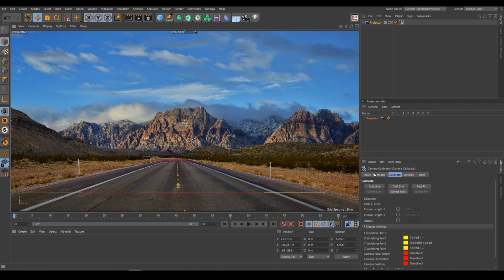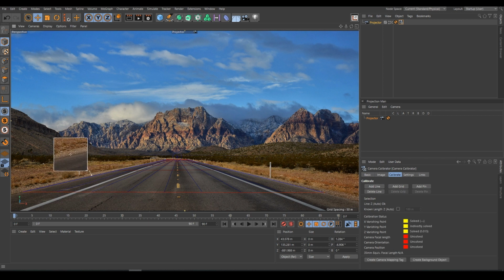axis. Now we also need to give it a Y-axis. Create an additional line and just click it until it's green. It's better to create as many as possible until it's all solved well. So we use the lines and grids in various locations, closer to the background and closer to the foreground and so forth, so we can calibrate the camera perfectly. That might be enough. The only one, camera position, is unsolved, and we need to add a pin which tells